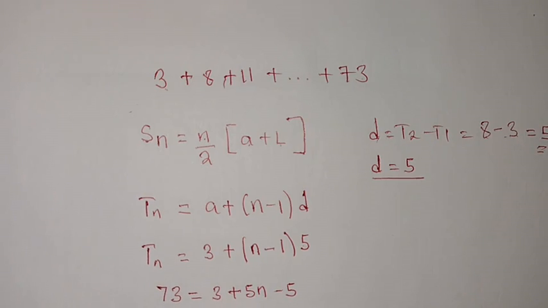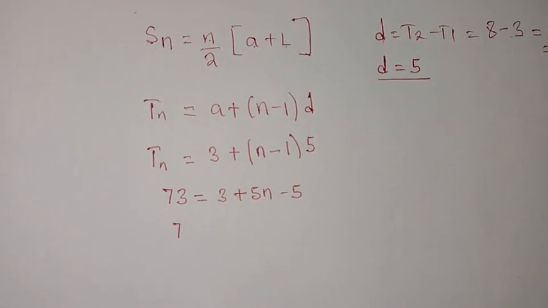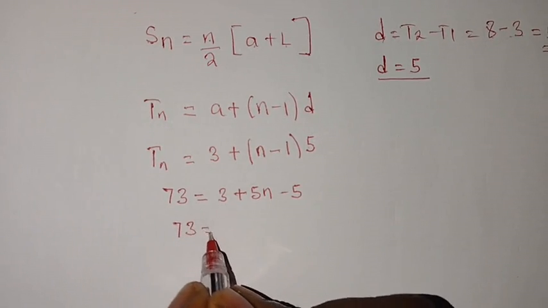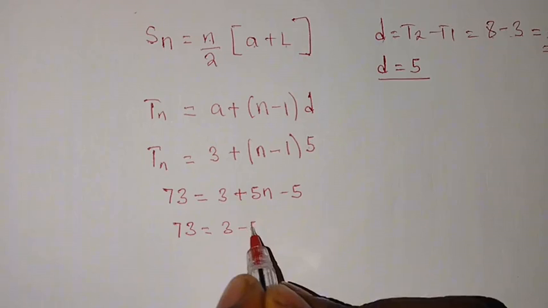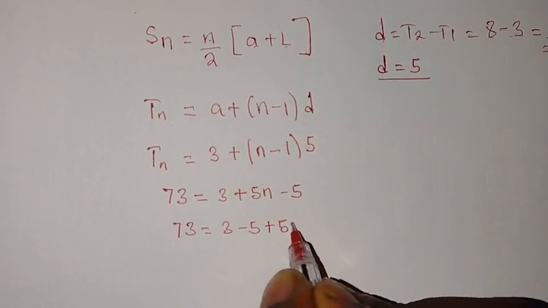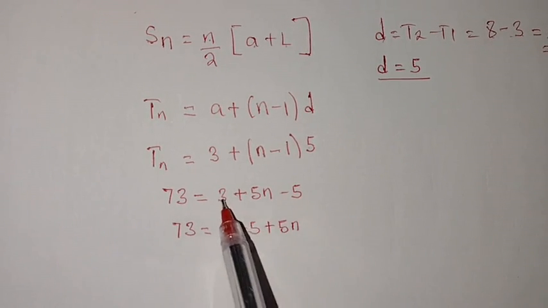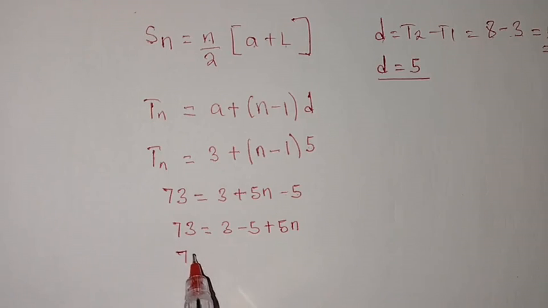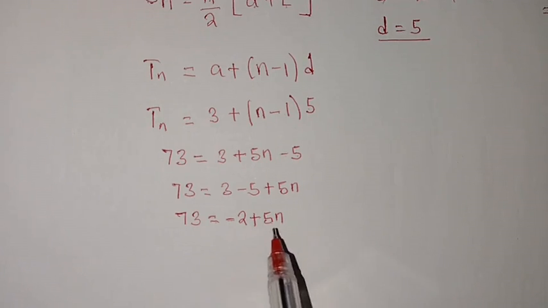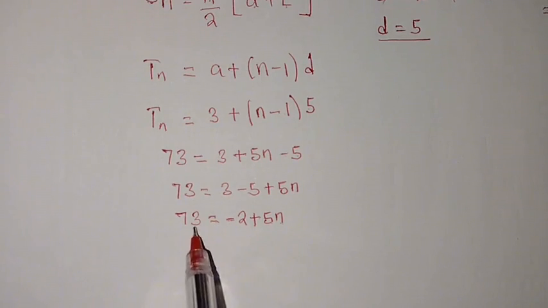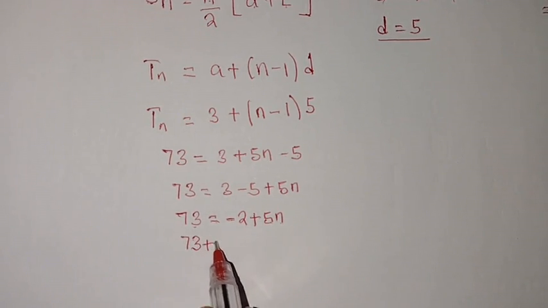So 73 is equal to 3 minus 5, then plus 5n. We just collect the like terms, 3 minus 5. So we're going to have 73 is equal to negative 2 plus 5n. Since we want to find the value of n, we need to collect the like terms here, which is 73 and negative 2. So this will be 73 plus 2